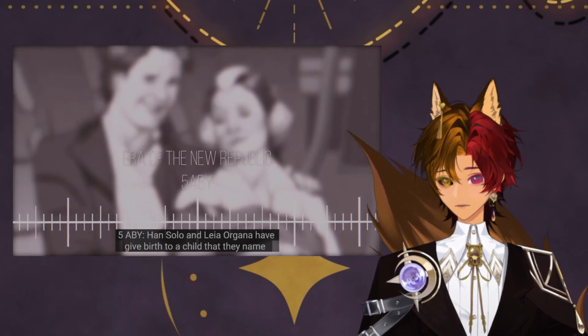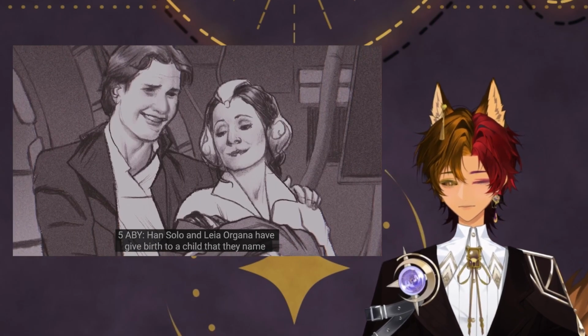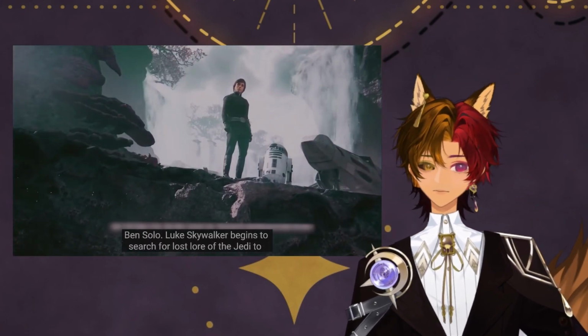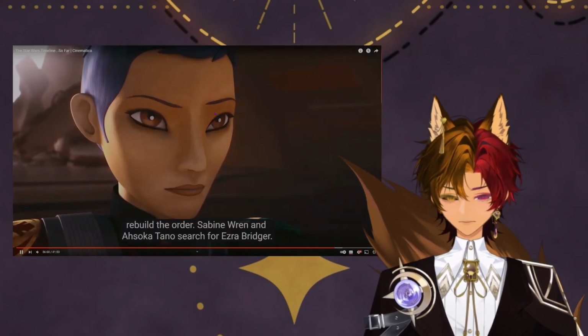5 ABY. Han Solo and Leia Organa give birth to a child that they name Ben Solo. Luke Skywalker begins to search for lost lore of the Jedi to rebuild the Order. Sabine Wren and